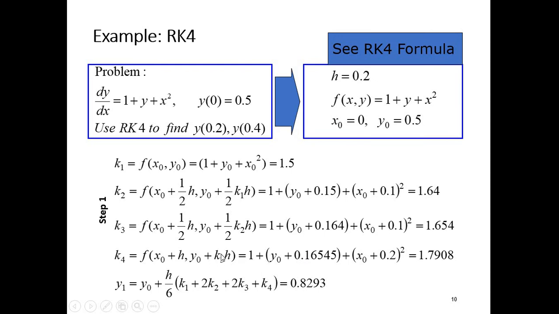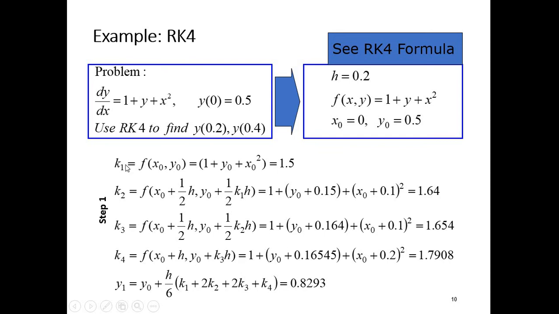So this will be equal to k3, which is this one, times h, should give you 0.16545 plus x. So x, which is this x coordinate, x naught plus x naught, which is 0 plus h. So h is 0.2. Then you square that because there is this squared. Then this will give you